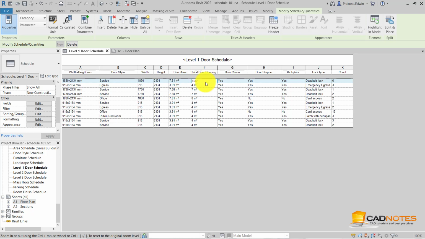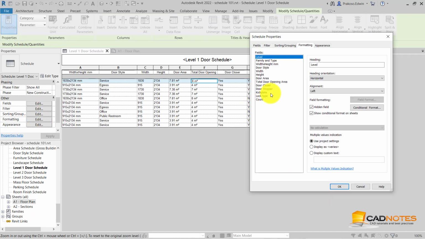How can we get the door opening for all instances? Let's go back to the formatting, and now we can go to door opening area. We only need to change this to calculate totals.